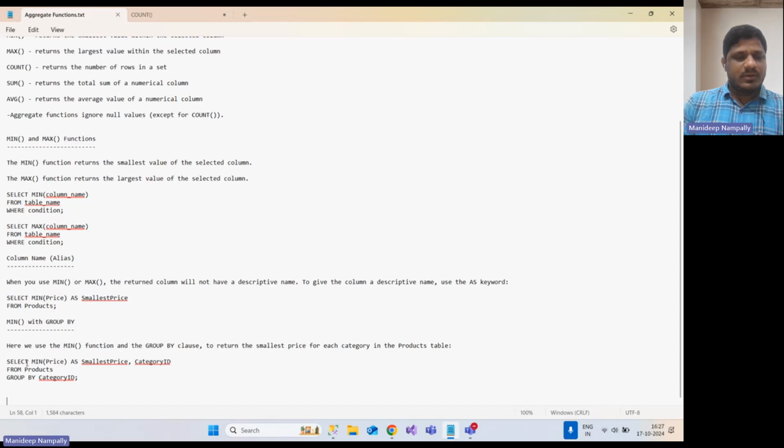Here we assume we have a products table with a category. SELECT MIN(price) with the alias smallest_price, and the category ID. It will return the minimum price per category, FROM products GROUP BY the category ID. So let me